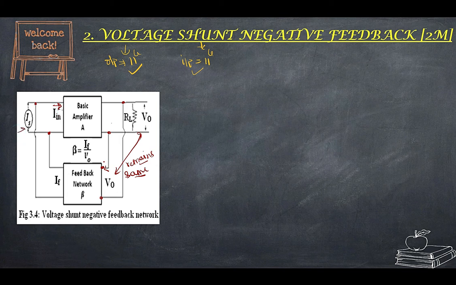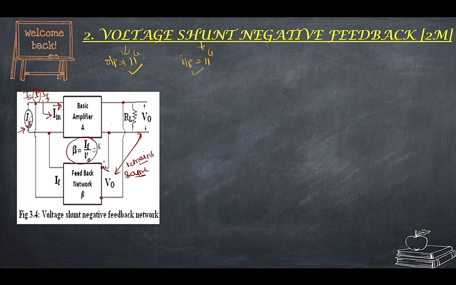So I need to measure current because in parallel the current will be different. If I give this as IS and this is IF, this will be IN. So IS plus or minus IF will give me this, depending on positive or negative feedback. Both are parallel, so this should be current, this should be current, this should be current. When this is current, obviously this will change. The concept is the same but the parameter or the ratio will change.